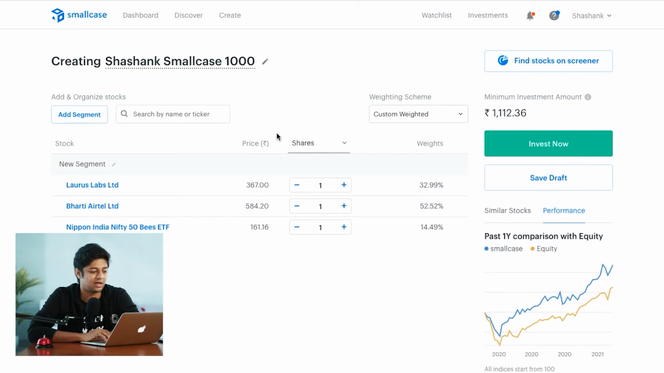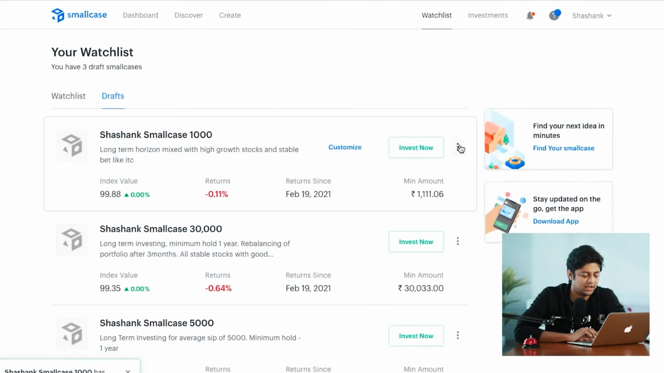Now, if you tell Shashank, "I think what you're doing is not right, maybe instead of Airtel I should put something else," go ahead. So I'll tell you how this works. Let me show you. Save draft. Now, if I come here, this is my account. If I come here, there's customize and delete draft, but I have a way to share this